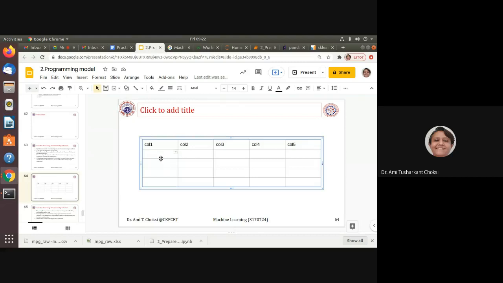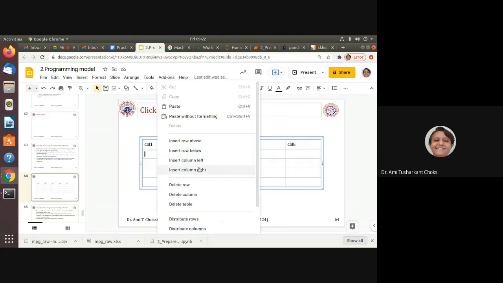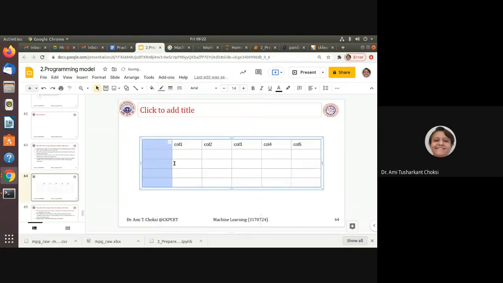Let me put one more column so it will be better for us. Here we have row 1 horizontally, this is row 2, this is row 3. This way we have the data. These are also called features.